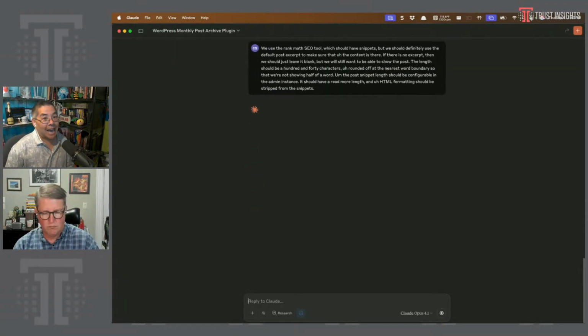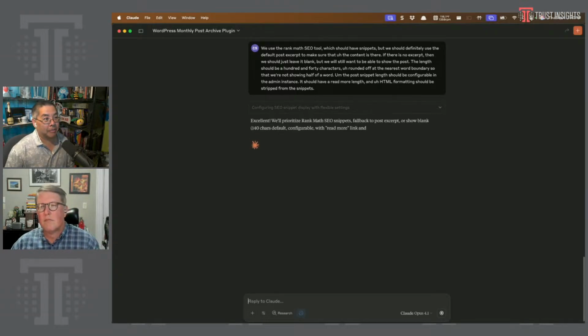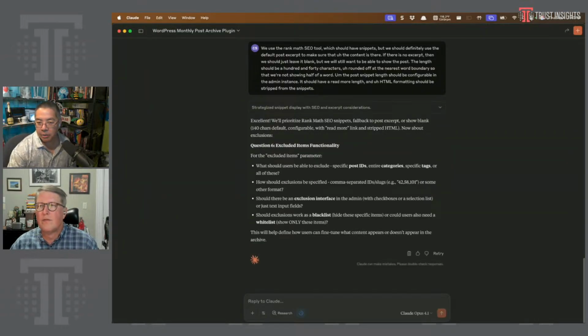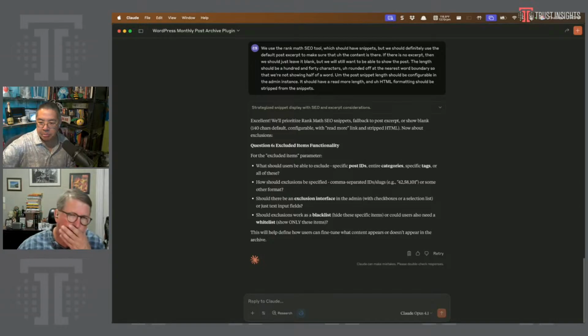Claude is not exactly following directions. It is asking one question at a time, but each question seems to have like 7 parts to it. Exclusions for the excluded, which should be the user. The user should be able to specify specific post IDs, categories, tags, and the posts should be excludable in a